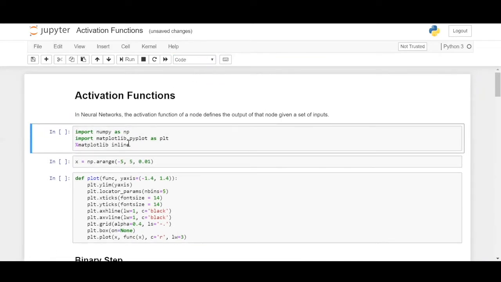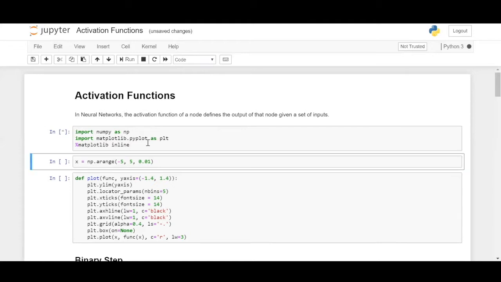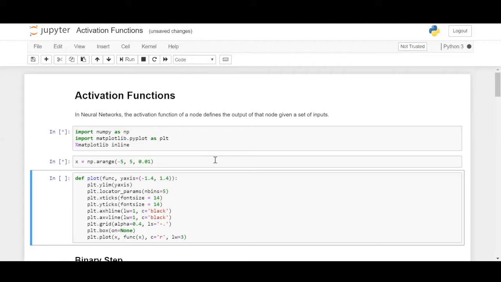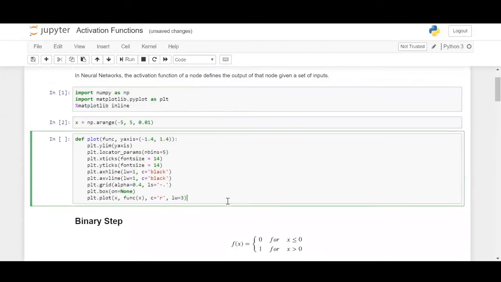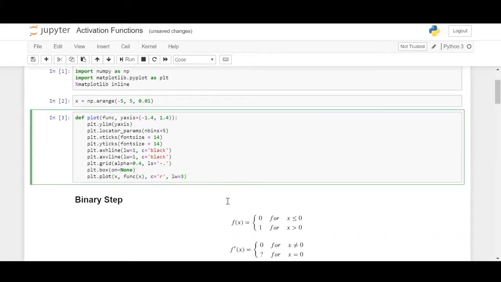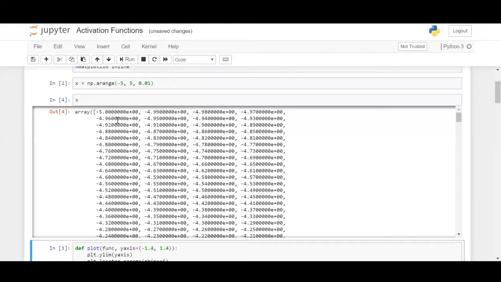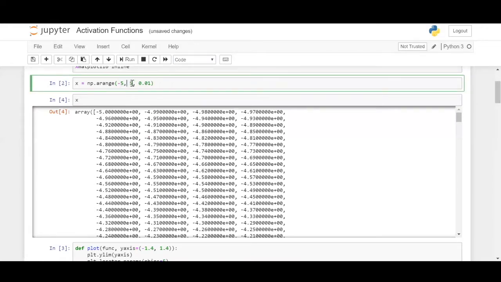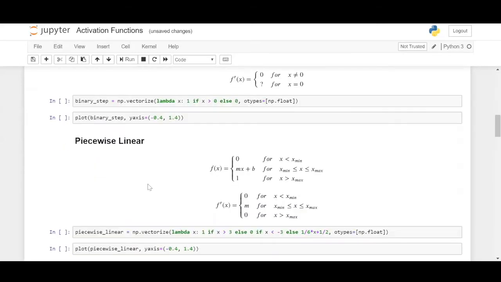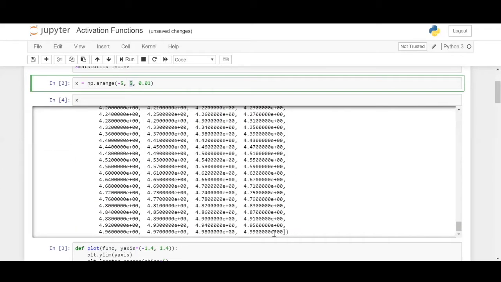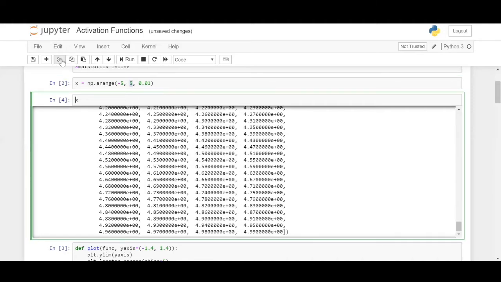So now we're going to do our basic imports of NumPy and Matplotlib. NumPy for number transformations and getting all the exponential formulas, and Matplotlib just to plot out the charts as you have seen before. So let's get all the values in np.arange between these set of values, from minus 5 to plus 5 with a step of 0.01. I'll just show you x so that you can get better clarity. So basically you're having values from minus 5 to plus 5, with a step of 0.01. So for every 0.01, there's an increment between minus 5 and plus 5. So that is what np.arange does.